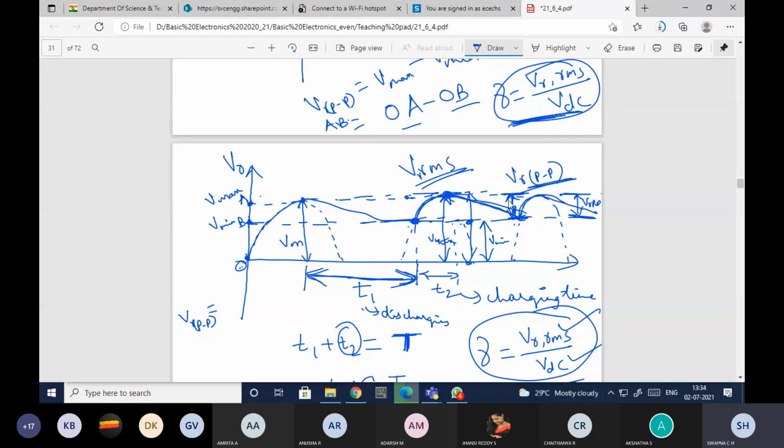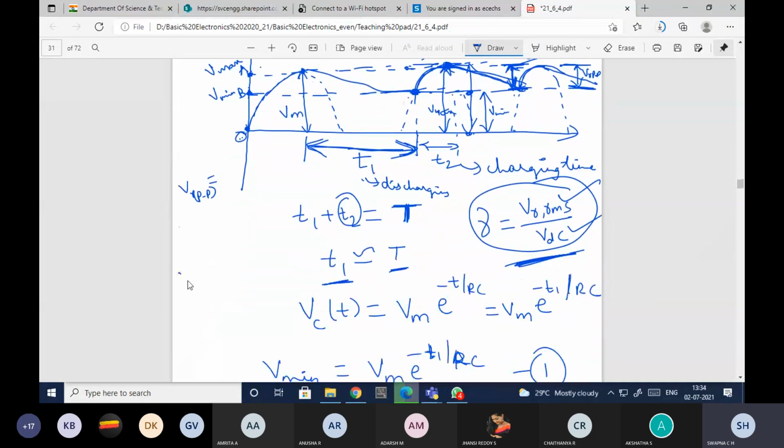That's what I've represented here. From here to here, it is VR peak to peak. Now I need to find this VR peak to peak value. In order to find it, I need to look at this portion to this portion. I've named it O, B, A. O to A, the voltage is Vm, or V maximum. If I want this portion AB, I can subtract OB from OA so that I'll get the AB voltage.